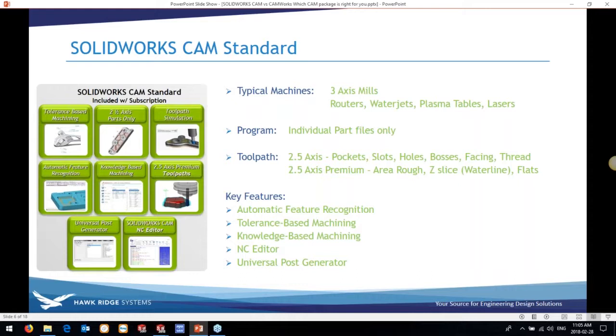What that includes is those little panels that you see there. It includes basically 2.5 axis milling, some 2.5 axis premium toolpaths, typically things like a tapered wall for roughing, like a waterline finish, that type of thing is also included. And some 3-axis toolpaths that typically just do X, Y, and then drop in Z. So that's all included. You've got your simulation, you've got automatic feature recognition to identify geometry in the part,